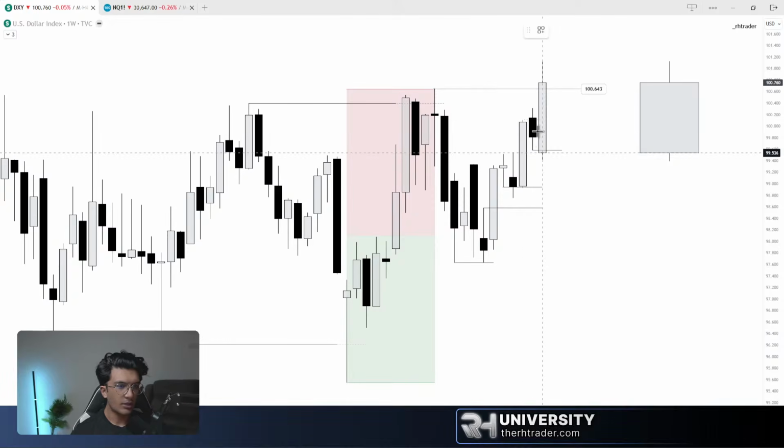You will not really be able to figure out if price is going to push higher or lower, let's say here, right? Once price gets here, you are not able to clearly define if it wants to move to this low or to this high. You need to wait for more information. So in that case, what did price do next? We had an inside weekly candle. Price pushed up higher into a bearish weekly fair value gap and expanded quite aggressively.